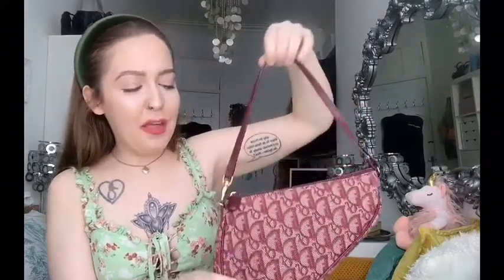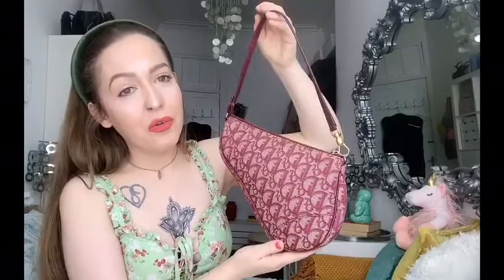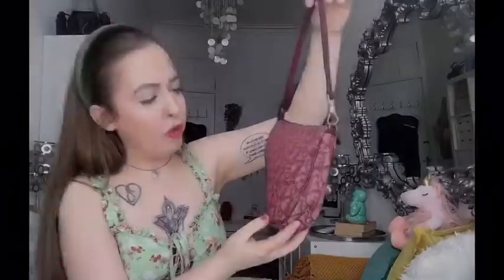So the bag was, again, another noughties one, the Dior Trotter saddle bag mini. And like I say, I wanted it specifically in this colour because I wear red all the time. That is my favourite colour. So I knew having it in the burgundy would go with loads of things and I would get loads of use out of it. So this cost me around